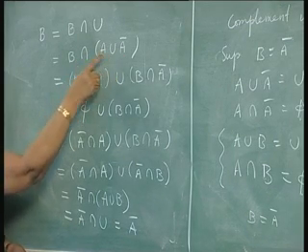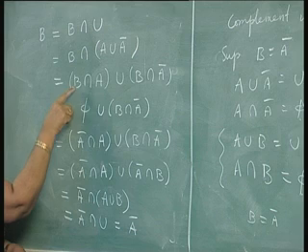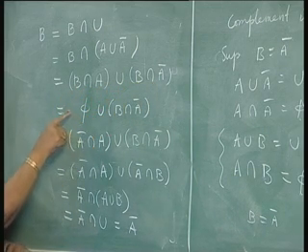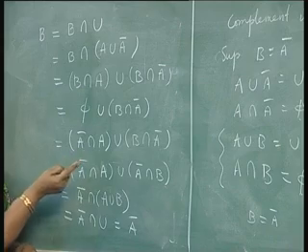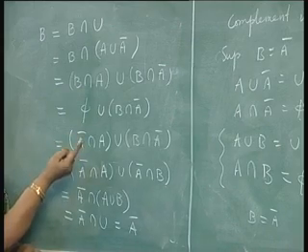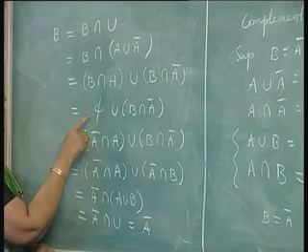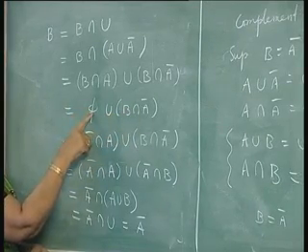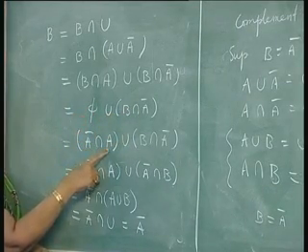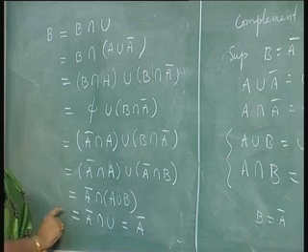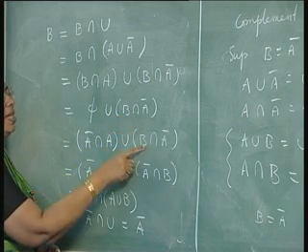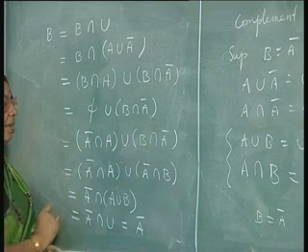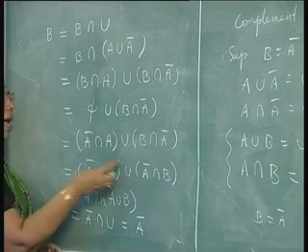Now, using distributive laws, this will become equal to B intersection A union B intersection A bar. But we know that A intersection B is empty, that is, B intersection A is also empty. So this is empty union this, but the empty set I can again write as A bar intersection A. Okay. And this portion you can use commutativity and write it as A bar intersection B,